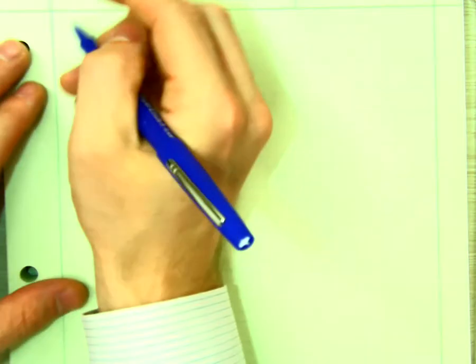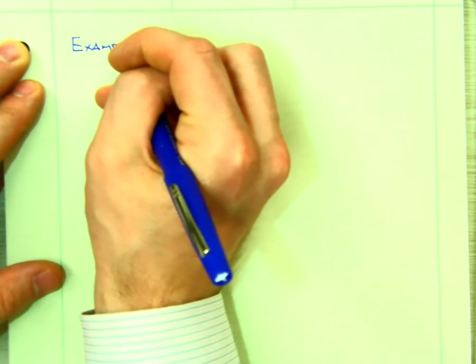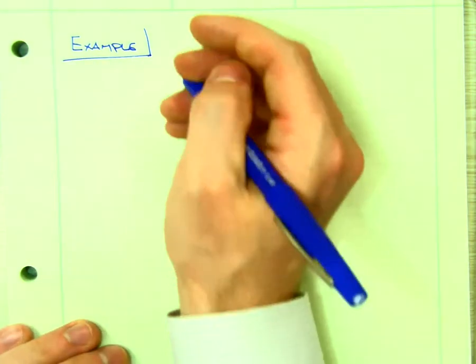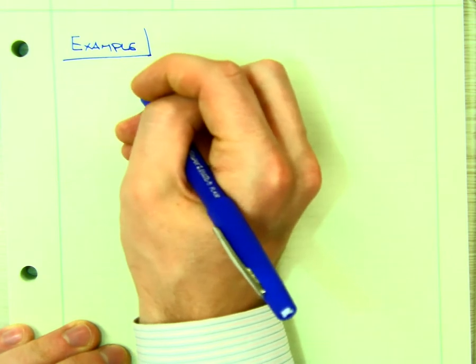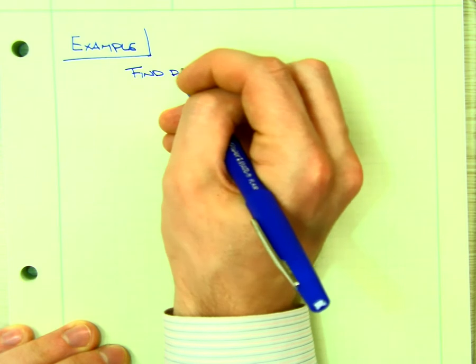Now, when I start throwing in things like the chain rule, this is where it gets tricky and complicated, and you guys are going to need some bragging rights to be able to fully understand this. Or when you fully understand it, you'll earn some bragging rights. So here's a much tougher example, and this is going to require you guys to dig back into what the chain rule of differentiation is. So first thing, I'm asking you to find the derivative